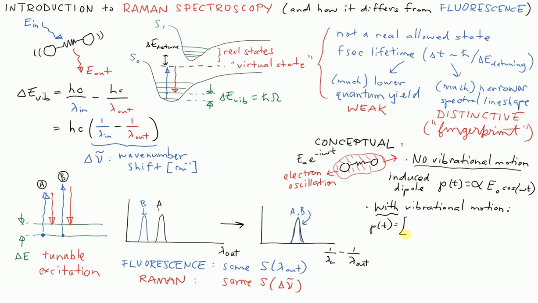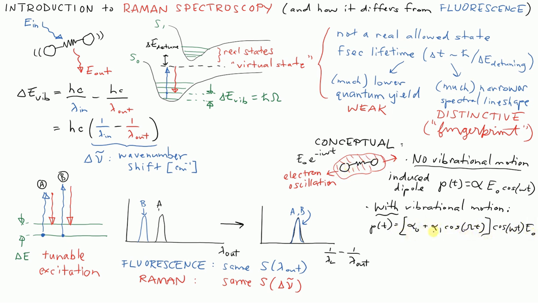looks something like this. You have an alpha naught, which is just a constant like we have up here, and then we have a coefficient alpha 1, which does have some time dependence. We pick up a cosine of capital omega t. Remember, capital omega is the frequency of oscillation, not of the light, but of the vibration. And this is saying we now have some time-dependent polarizability of this molecule. And then I'll keep the rest of the terms on here, cosine of omega t, and at the end, the E naught. So once you buy into a formula like this that says that the polarizability of the electron cloud depends upon where the